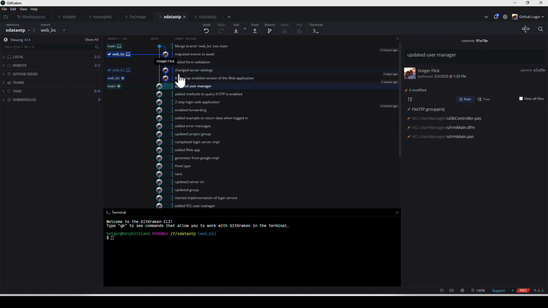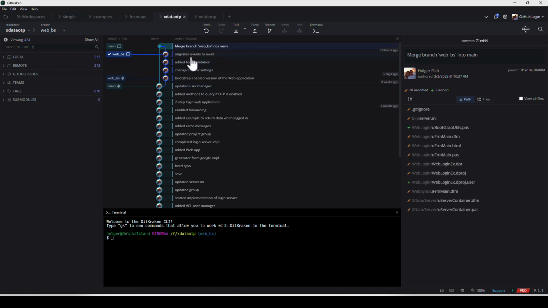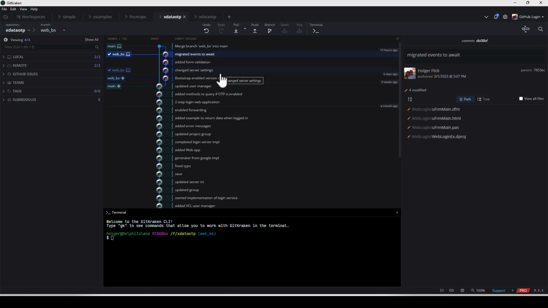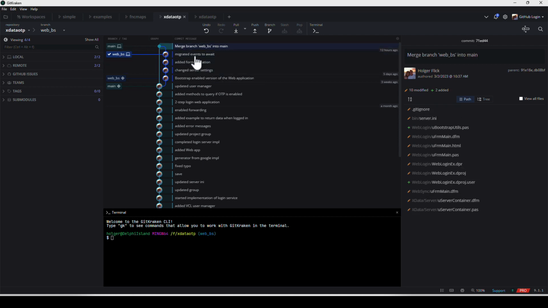And the nice thing here is that you get this right here. So at this point, this branch has been merged into main. So at this point, main will be exactly the state from this branch here. So you merge it in there.